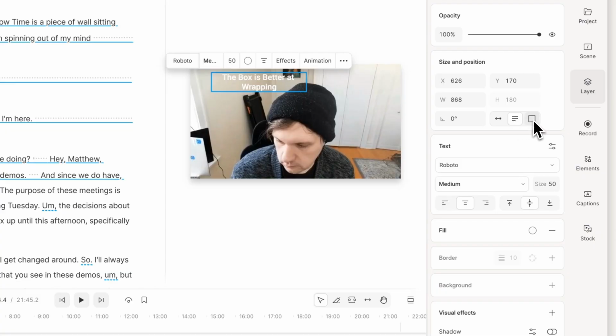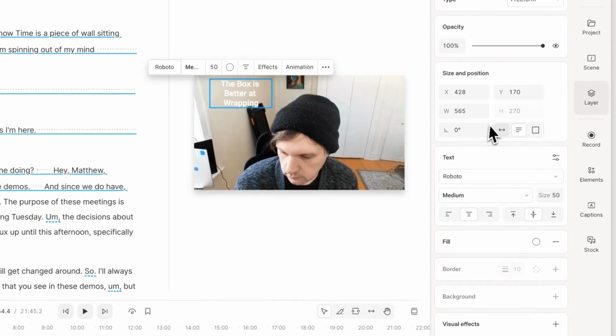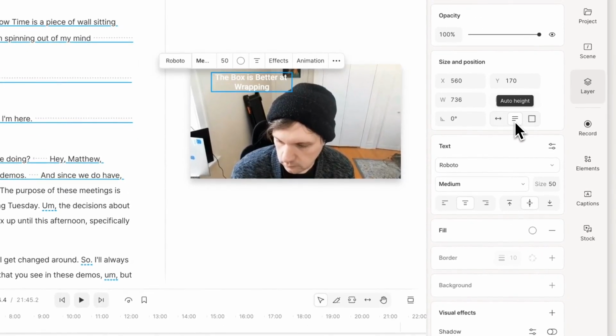If you prefer to use a fixed size for the box, you can use this setting here. It is useful for customizing the size of backgrounds. You can mostly ignore these two settings. They toggle automatically from auto width until you reach the boundary of the text box to auto height as it